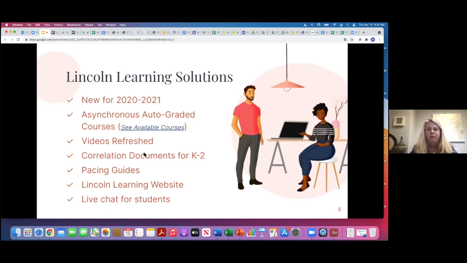We identified where it might be weak, and we might need to pull supplements into our curriculum. So that's what a correlation document is for you to use. It's there to help you determine alignment, which lessons, and how you may need to layer in some additional supplements.